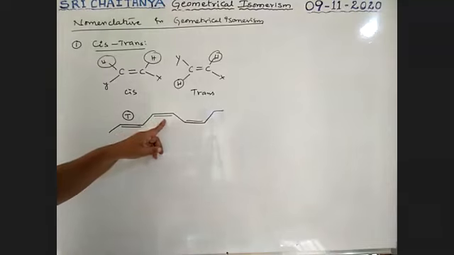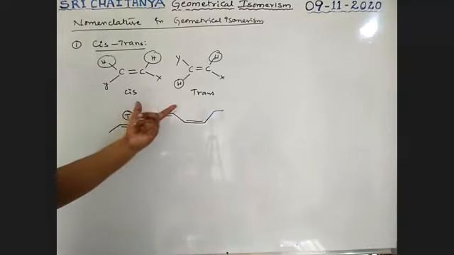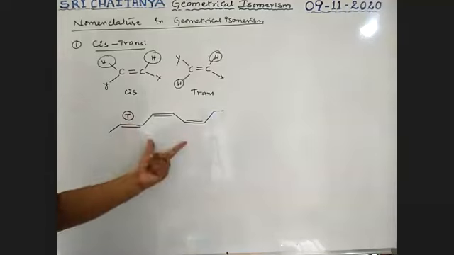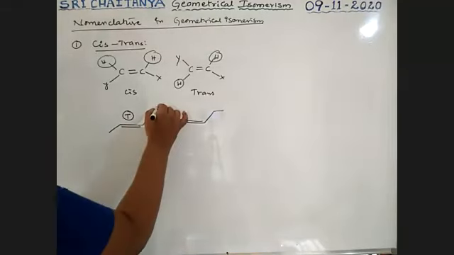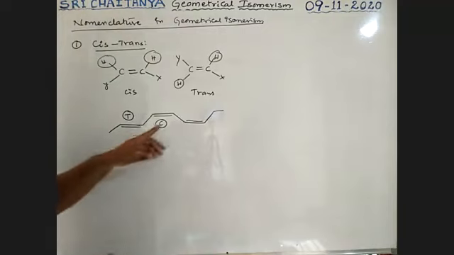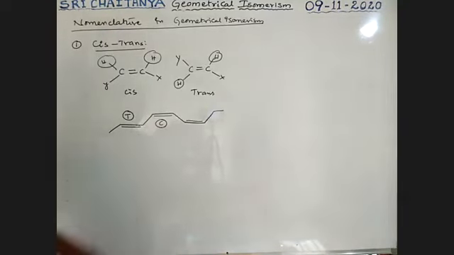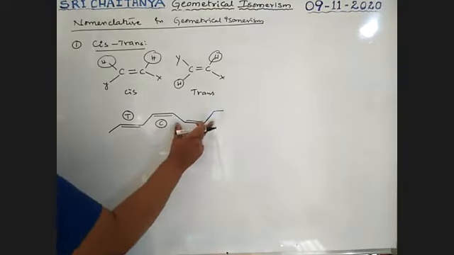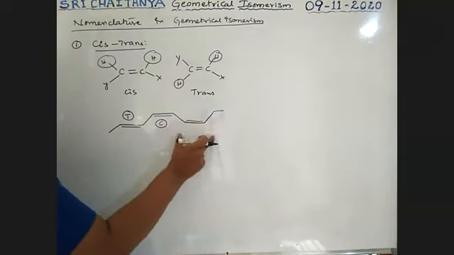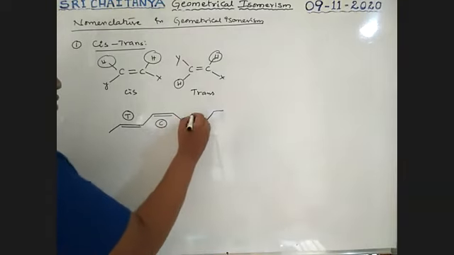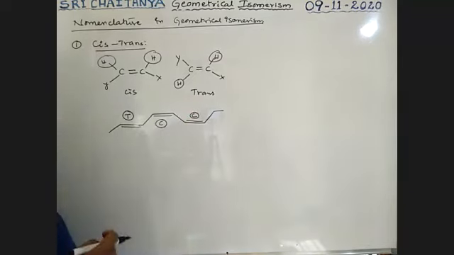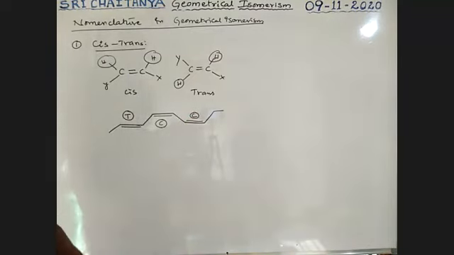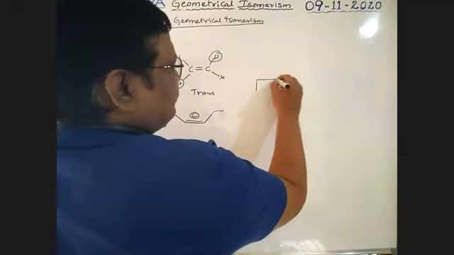Here, it is hydrogen, hydrogen. Both the hydrogens are on the same side, and the two bulky groups are on the same side. It is a cis component. At this double bond, the cis position is available. Now, what about this? Two bulky groups on the same side and the remaining two hydrogens on the same side. Here also, cis is possible. This is the way to identify whether the compound is a cis compound or a trans compound.